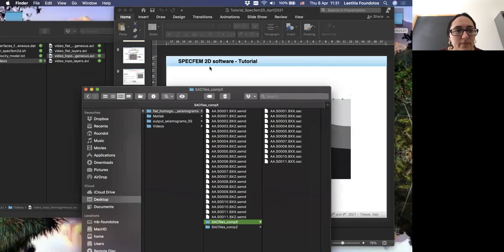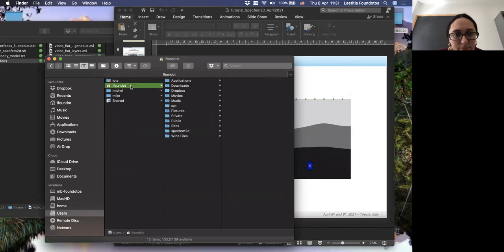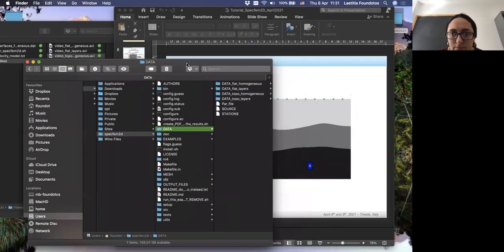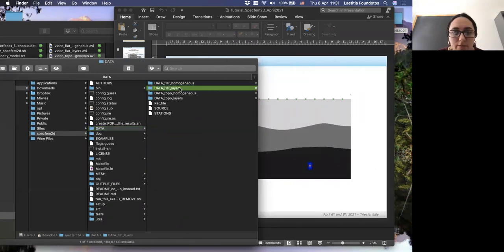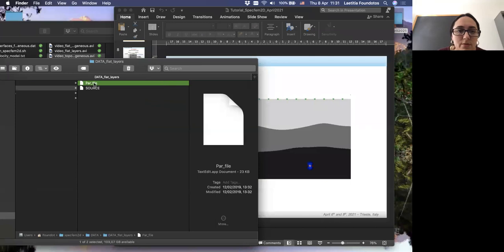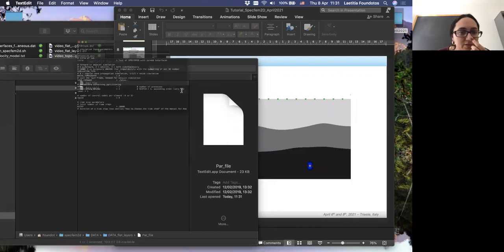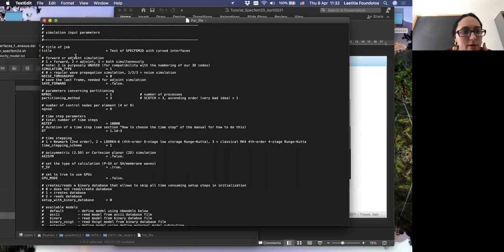And here in the input parameters, I will show you what is modified inside the input parameters. The source will be the same, but we will modify some information to add these layers inside the model.